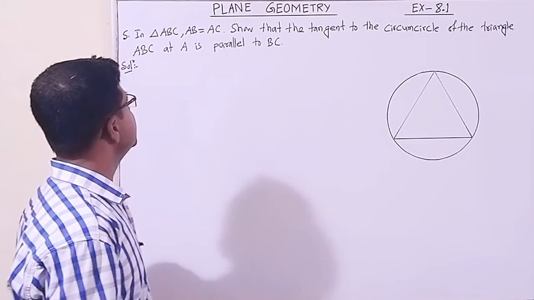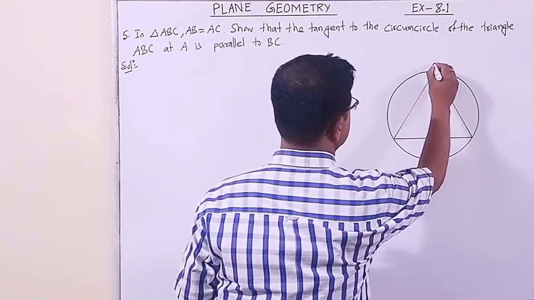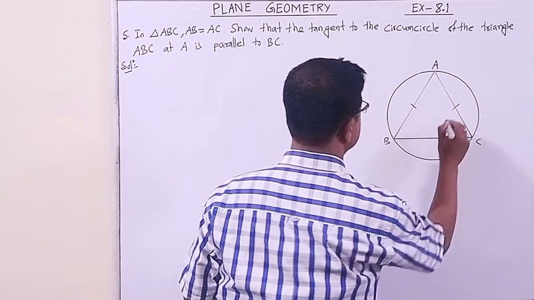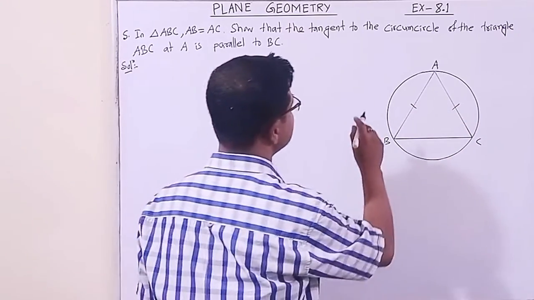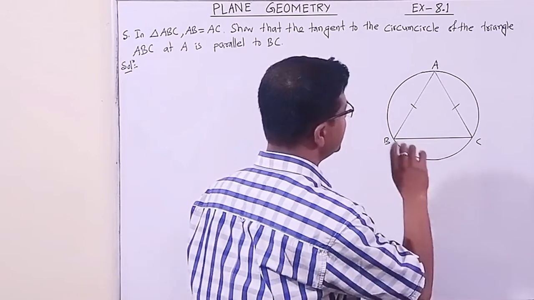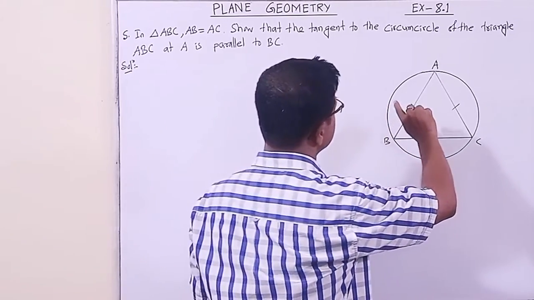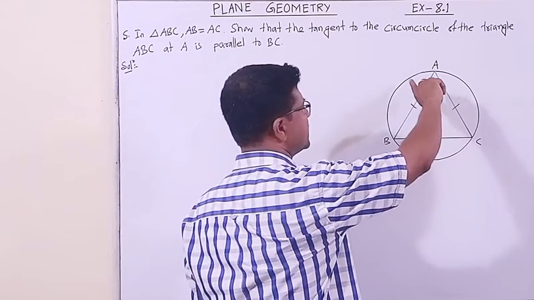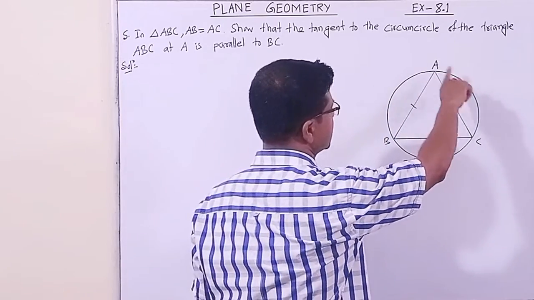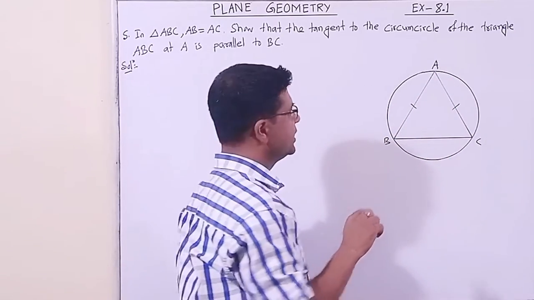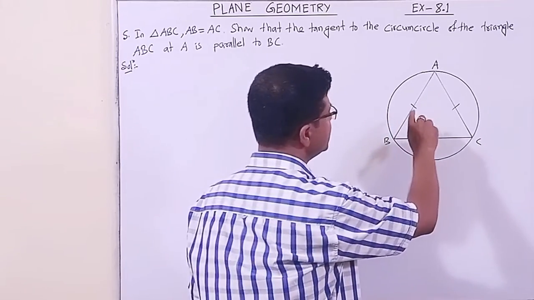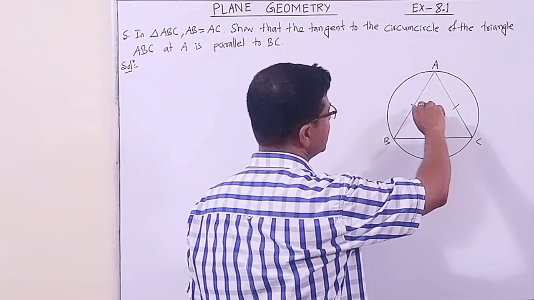In triangle ABC, AB equal to AC. Here this is the triangle ABC, AB is equal to AC. This is given. Show that the tangent to the circumcircle. Do you know what is a circumcircle? Briefly, a circumcircle means a circle that passes through all the three vertices. Another type of circle related to a triangle is called the incircle. Incircle means a circle